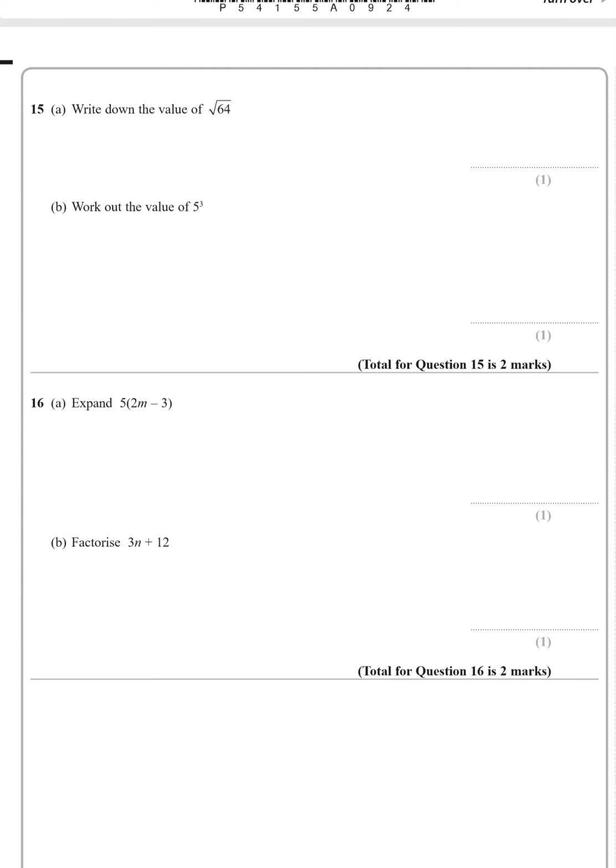Question 15. Write down the value of the square root of 64. So what number times by itself gives you 64, which is 8. Work out the value of 5 cubed. Well, 5 cubed is 5 times 5 times 5. 5 times 5 is 25, times 5,